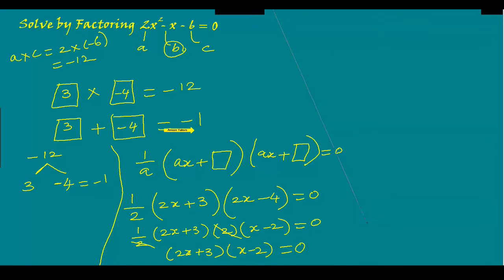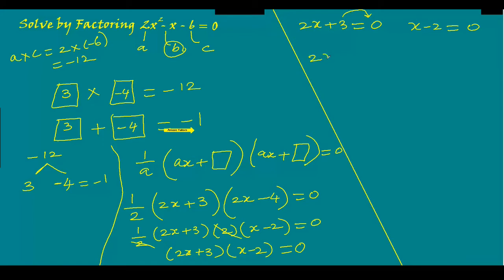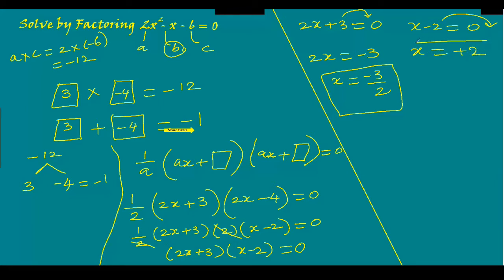Now if we solve this, we will get the final solutions. That's it. So using the zero property, we can equate each of them to 0 and solve for it. Now when you take 3 to the other side, -3. And if you take 2 to the other side, dividing. This is one of the solutions. And here the next equation, when you try to solve it, take -2 to the other side, which will become addition or +2. This is the next solution.